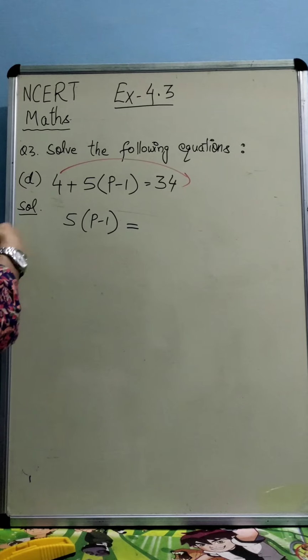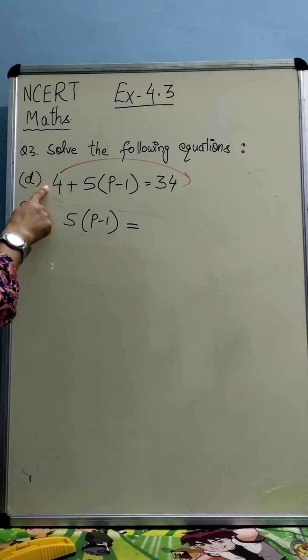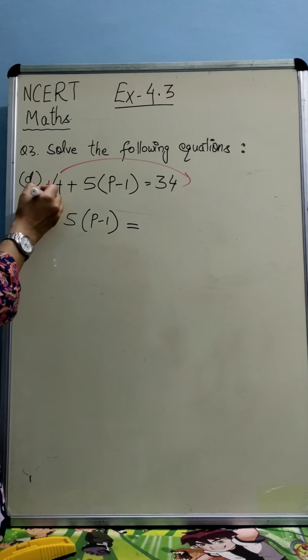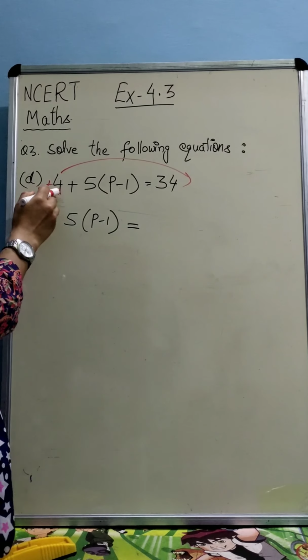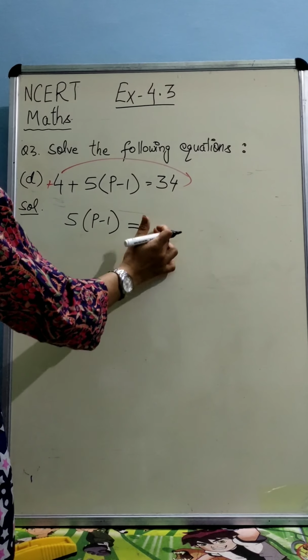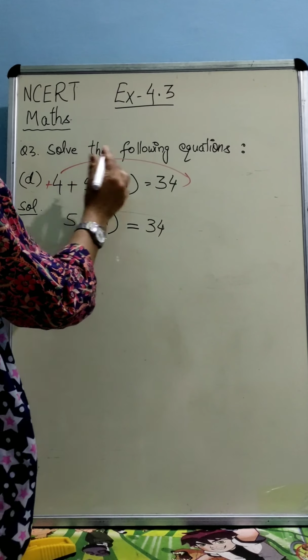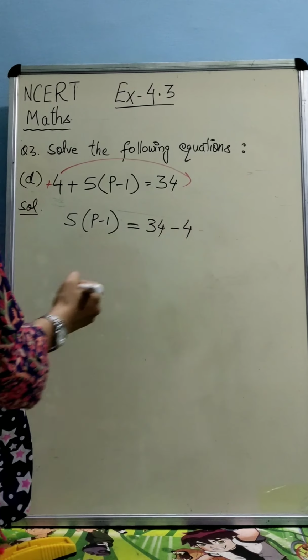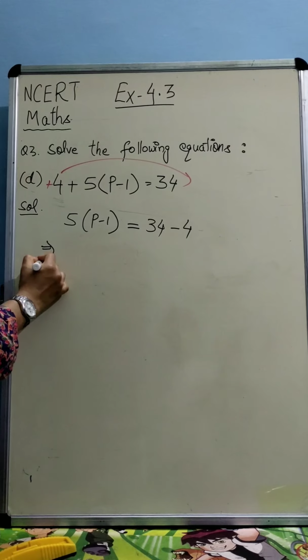So when we transpose this plus 4, no sign is here means it is having plus sign. Okay. So when this plus 4 will be transposed to the RHS, it will become minus 4. So we have 34 already there. So this 4 will become minus 4. This implies now